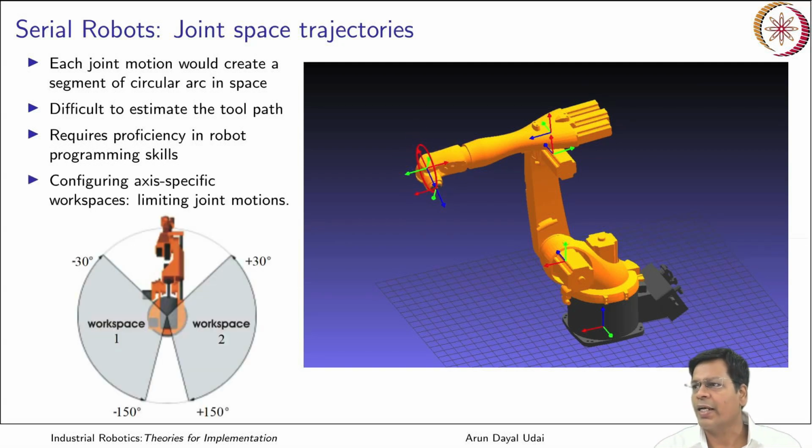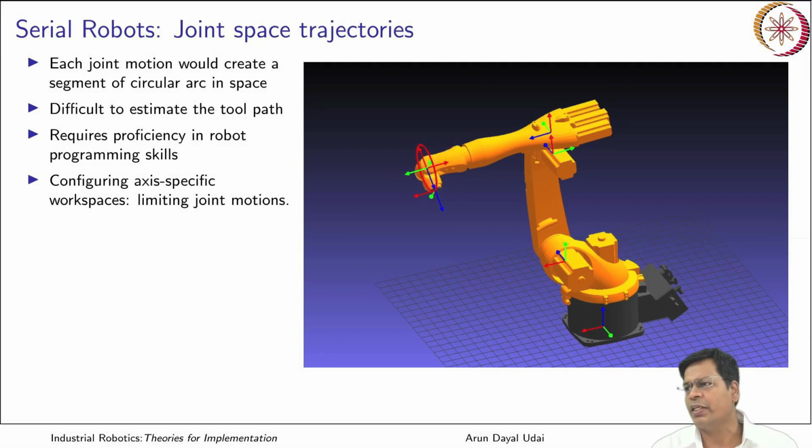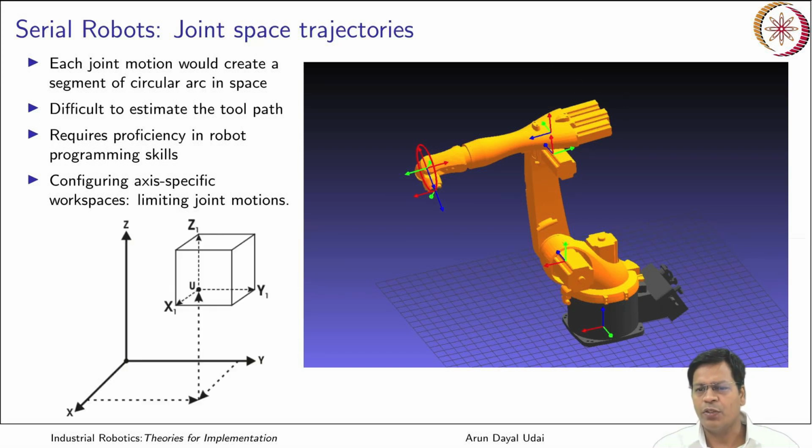And configuring axis specific workspace is also there. So the way you could confine your workspace in Cartesian motion of this robot. Let's say you don't want your robot to go to a particular workspace, so you can definitely put that workspace out of the programming. Okay, so there are provisions in the robot teach pendant where you can define x min, x max,